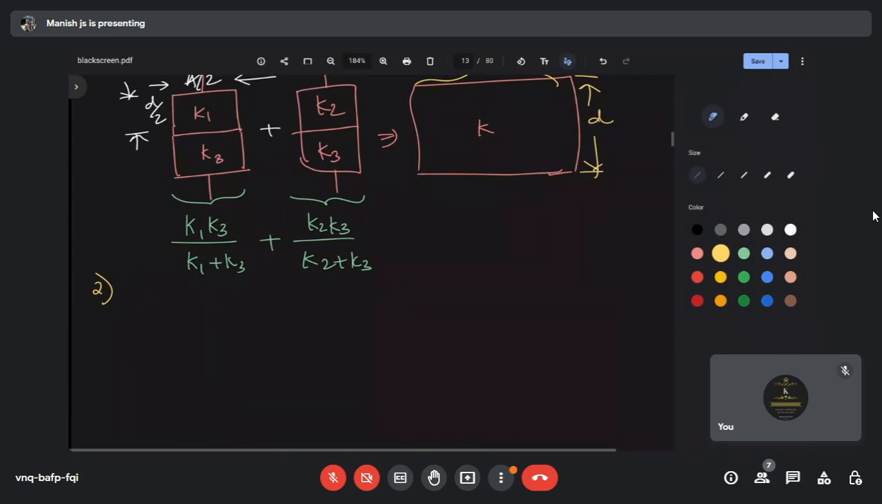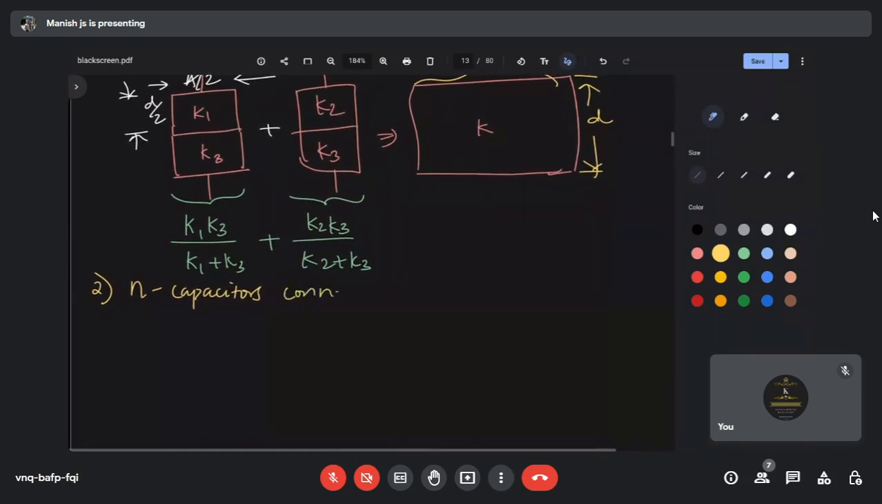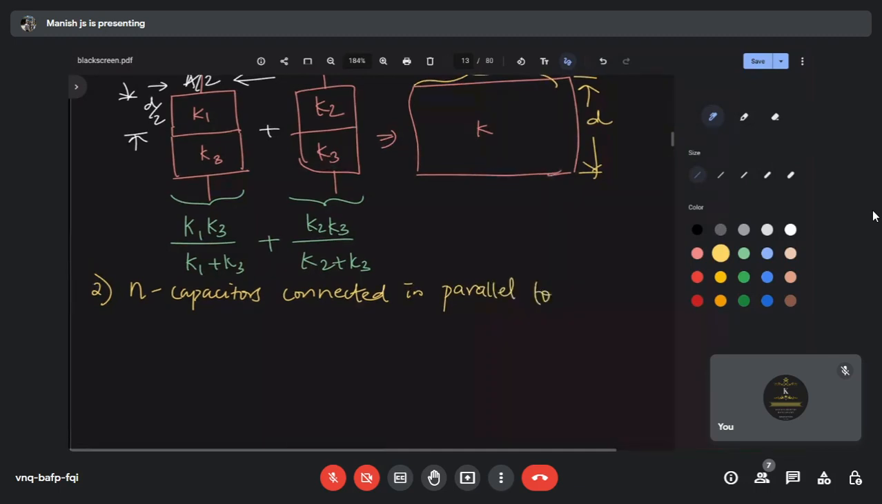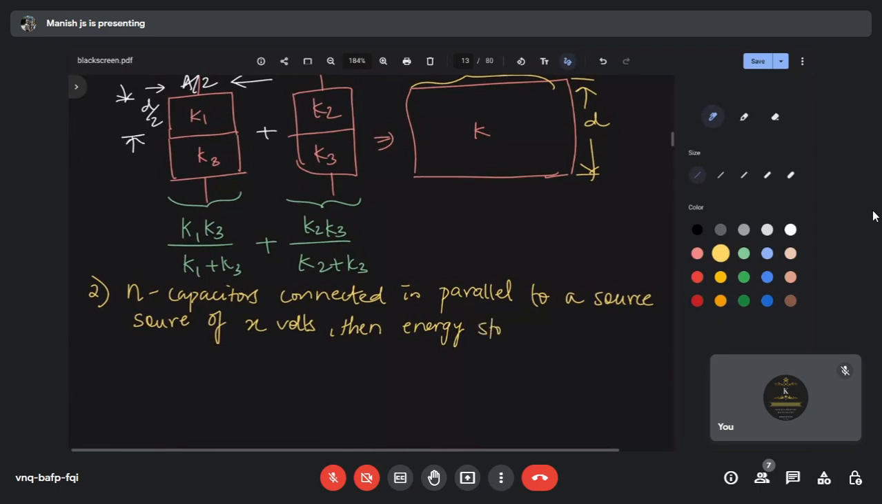N capacitors connected in parallel to a source of X volts, then the energy stored is equal to